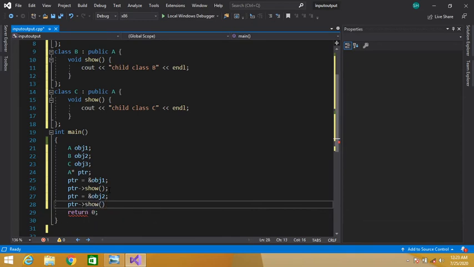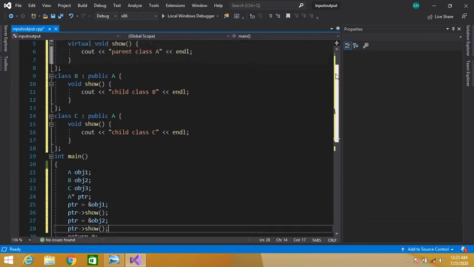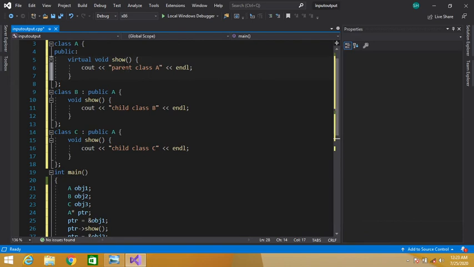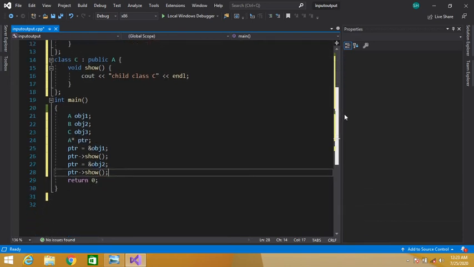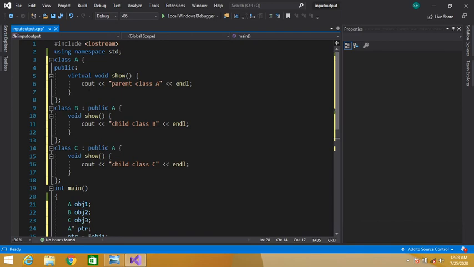So firstly we have copied the address of this obj1 of class A, so that this function will be called. Why will this function be called? Because we have used the virtual keyword, which means we can override the definition of this function in our child class.